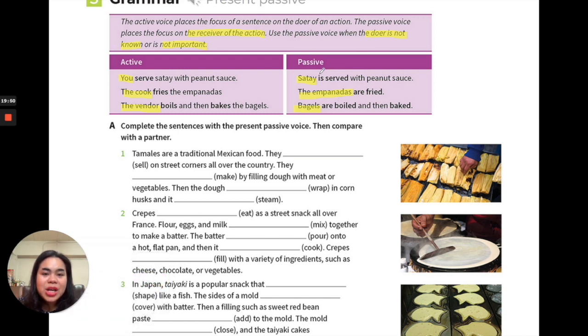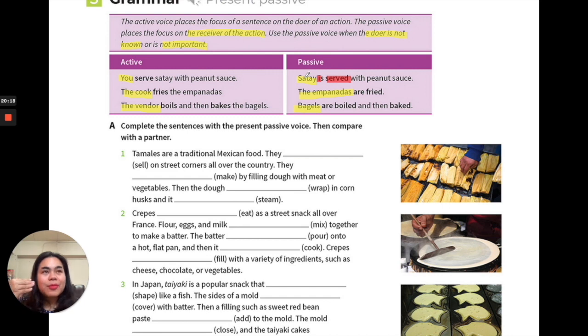So you see, you need two sections here. You need verb to be and the past participle form of the verb, okay? So satay is served, okay? This does not happen in the past. It really happens in the present, okay? But to use passive, you need verb to be plus verb 3, past participle. Like this one,